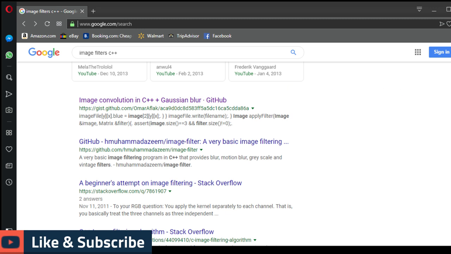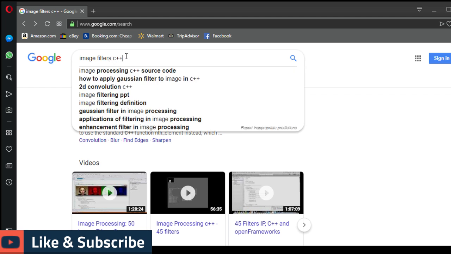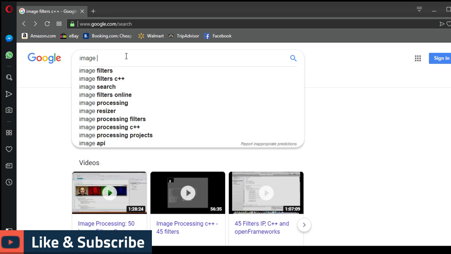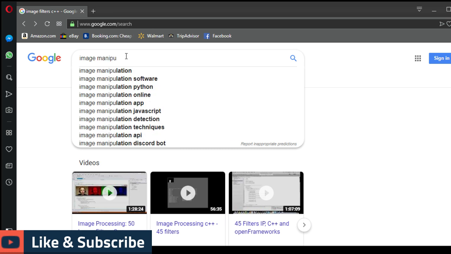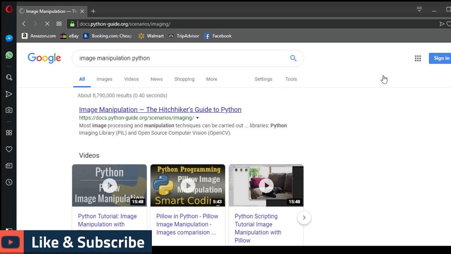But let me see. I gotta be more specific. Filters using image filters, image manipulation. Python already has something like that. Let's see what Python looks like, because if we could see what Python is doing with it, we could probably try to implement the same thing with C++, even though Python has more libraries, well, not more libraries per se, but